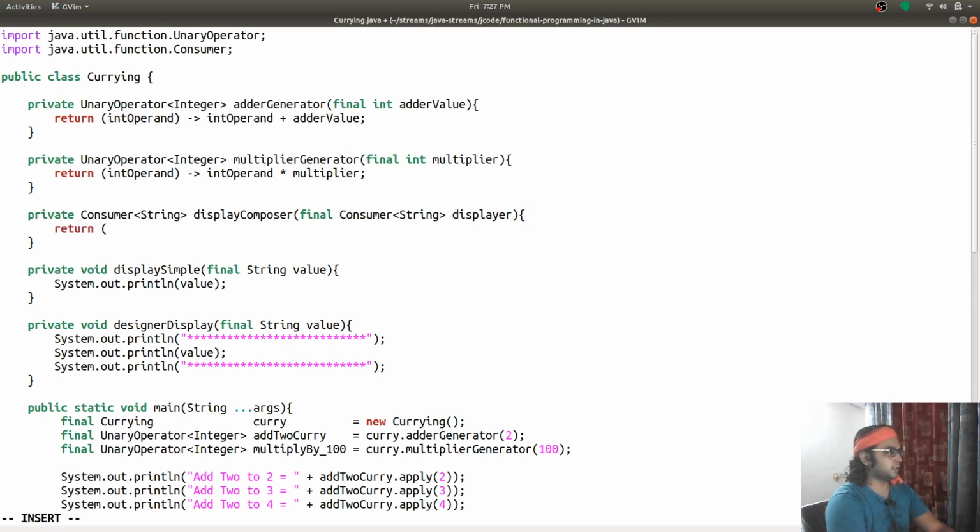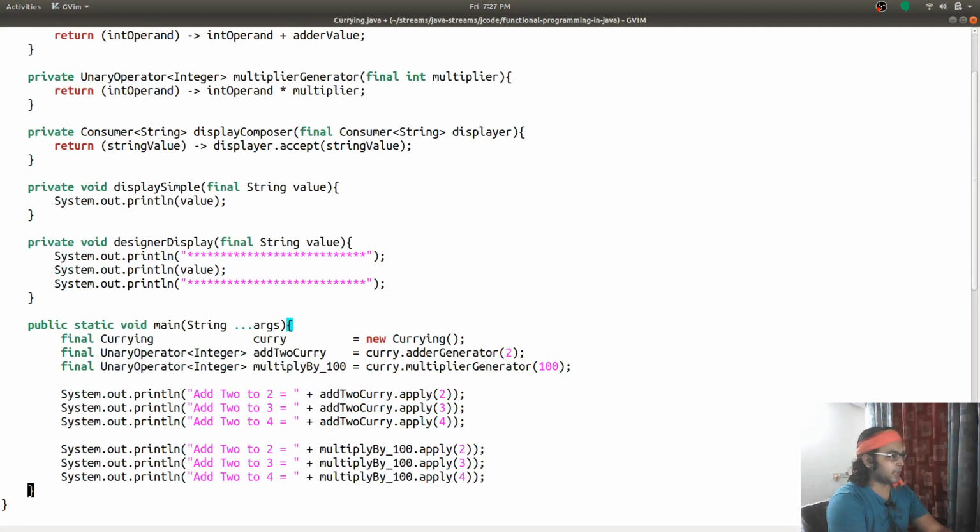It returns another consumer that takes a string value and calls accept, that applies that displayer to this value. So we have our display consumer ready.